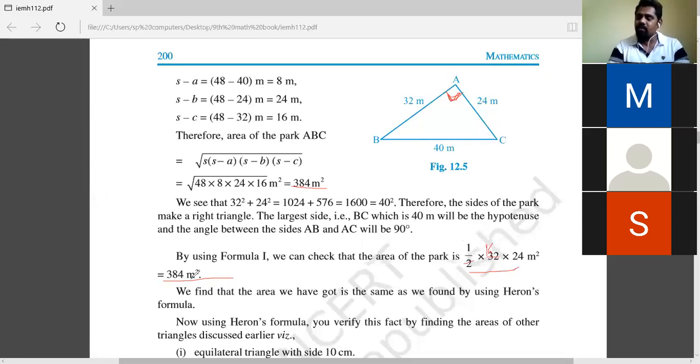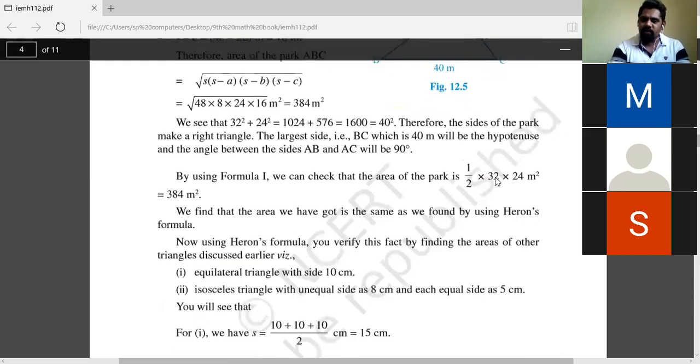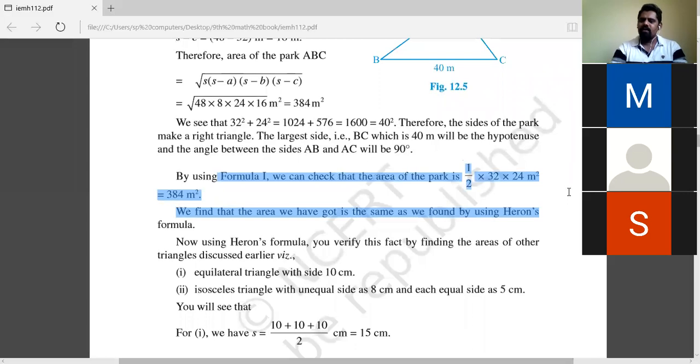So here the height of the triangle is known to us. Even though we know the height, we use Heron's formula because we can use it, not a problem. We have just verified it also. Okay, clear? Yes, sir. We have used the height here because it was given. If not, we would not have used this first formula at all. If we did not know the height, we were not able to solve by this method. But we are able to solve because we know the height of the triangle.